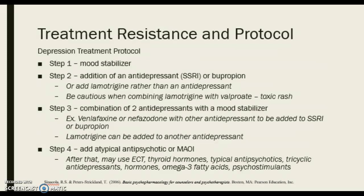looking at a mood stabilizing medication. Step 2, you might want to add an SSRI or bupropion, or maybe lamotrigine rather than an antidepressant. But again, being cautious with combining lamotrigine with valproate because of the toxic rash. Step 3 might combine 2 antidepressants with a mood stabilizer. So for example,